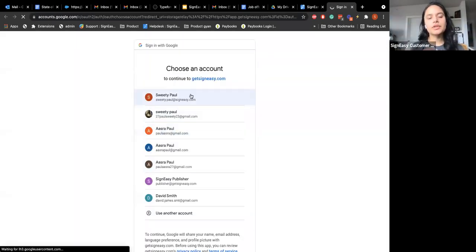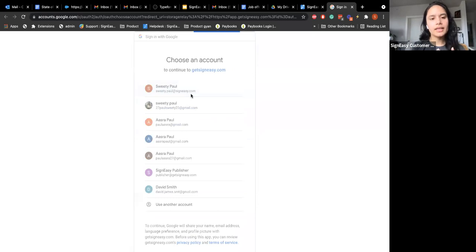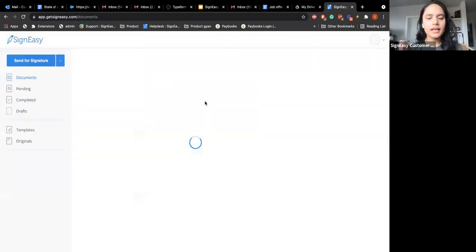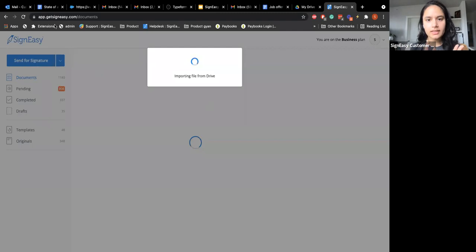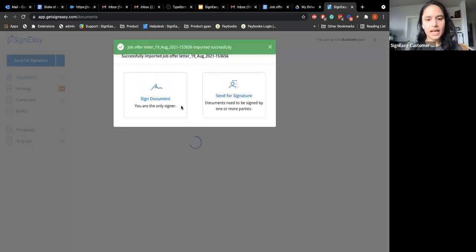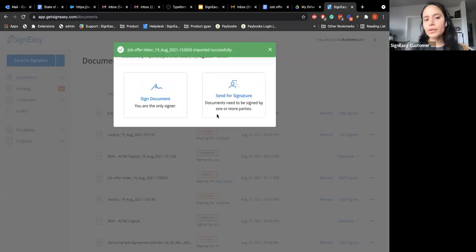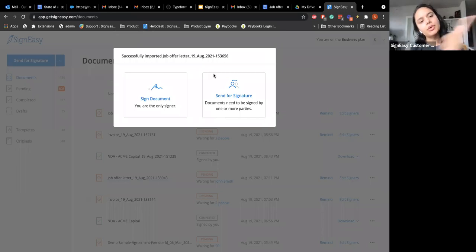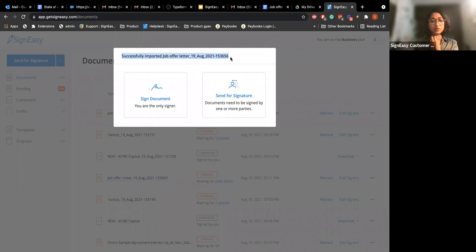So the biggest thing is the Google Drive add-on. It's just a really easy way to import your document that's ready for signature into Signeasy. So you just have to choose open with Signeasy, and that document gets pulled into your Signeasy account. As you can see, this is successfully imported to Signeasy, and now I can choose either if I want to sign it myself or I want to send it for signature, and I click on any of the CTAs and